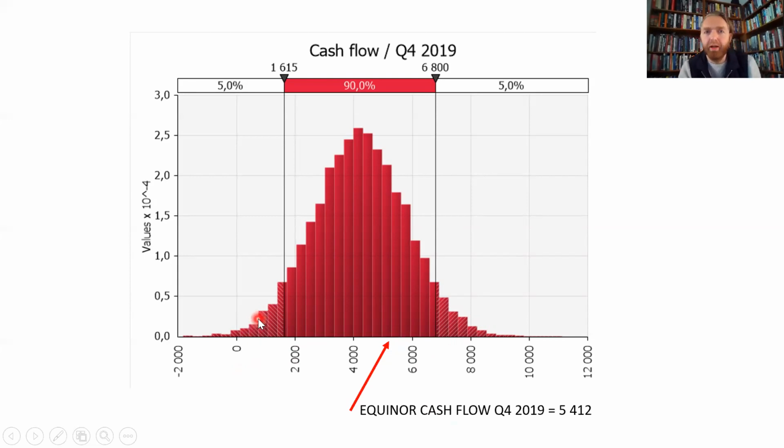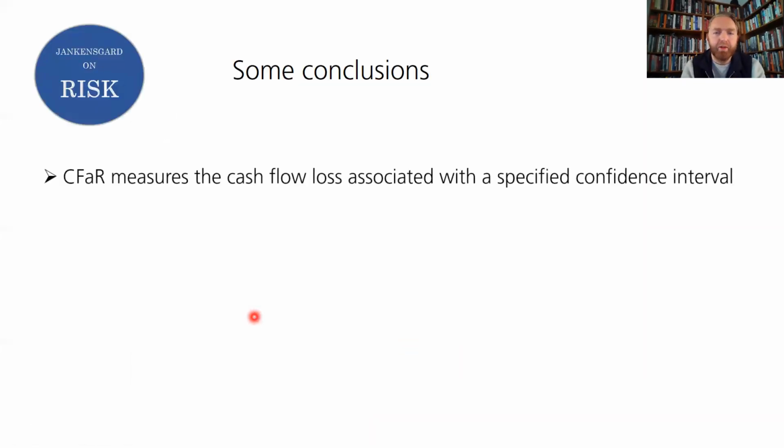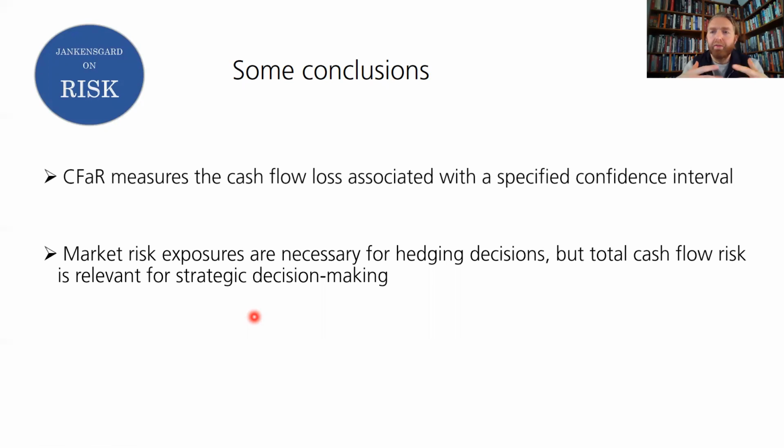But all right, we now have the cash flow at risk estimate in the spreadsheet as we set out to do. And so to sum up, cash flow risk measures the maximum cash flow loss associated with a specified confidence interval. And if you have information on market risk exposures, you can use that for designing risk management strategies to manage your risk profile, but you also want the model to deliver total cash flow volatility, because that's the number relevant for strategic decision making,